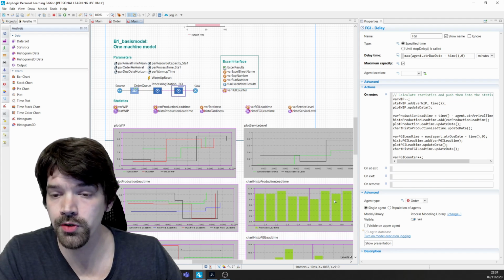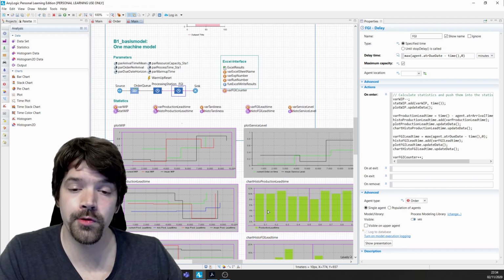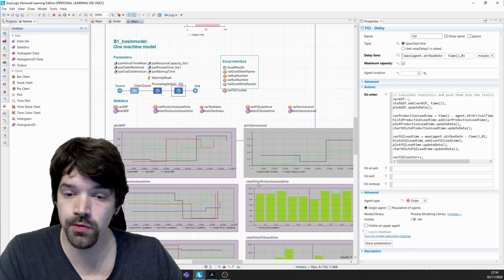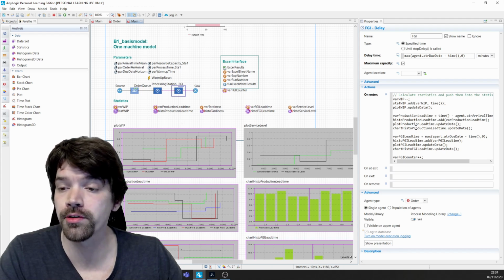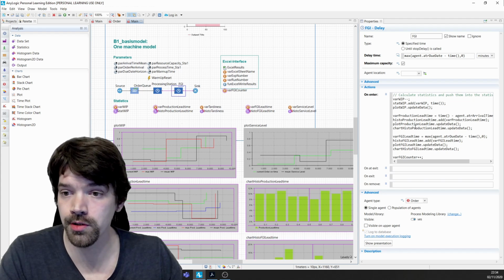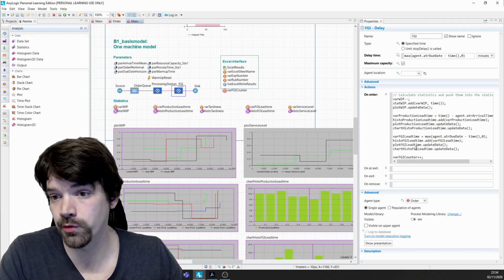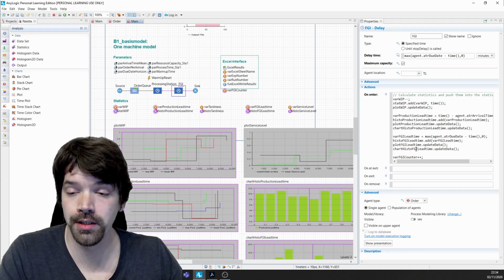And then I'm also transferring a chart histogram production lead time. That's the reason why I need two charts to update